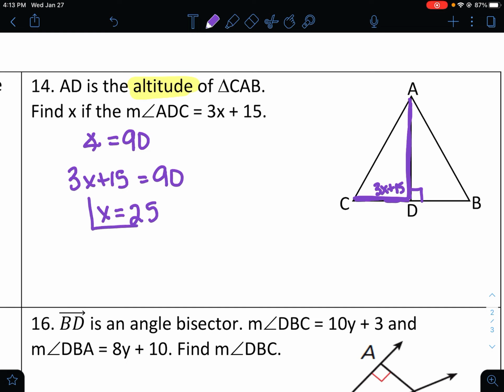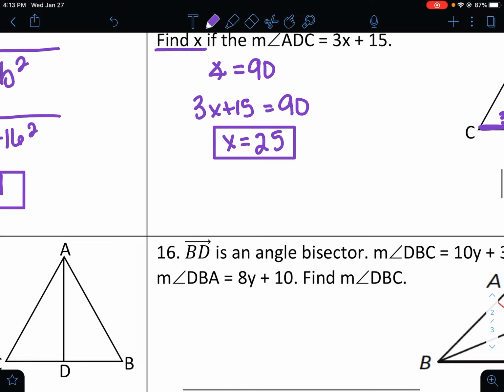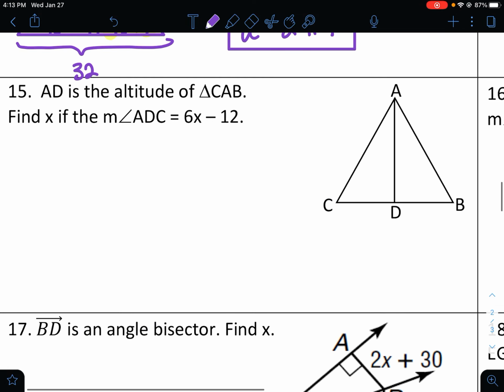And it just told us to find x, so we are done. You can plug it in to check your answer, of course. Number 15, AD is the altitude. So again, since it's the altitude, I know it makes a right angle. And then it tells us that